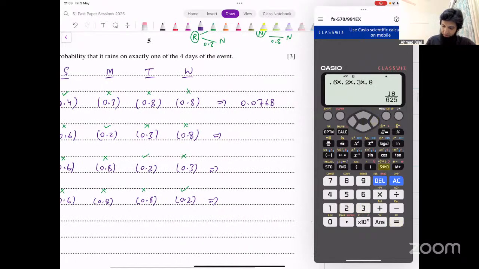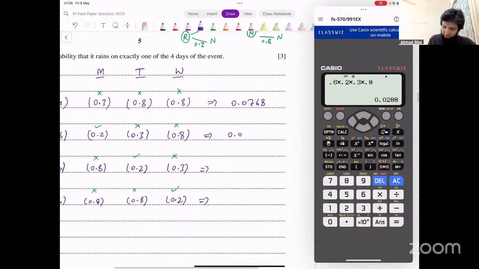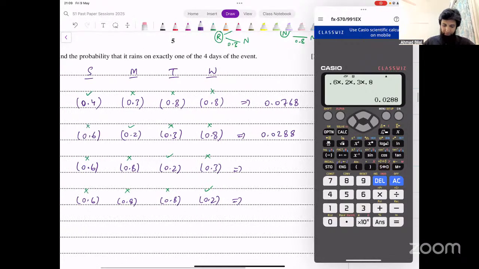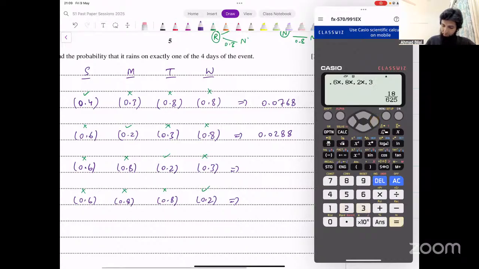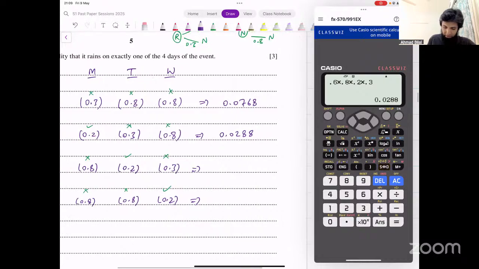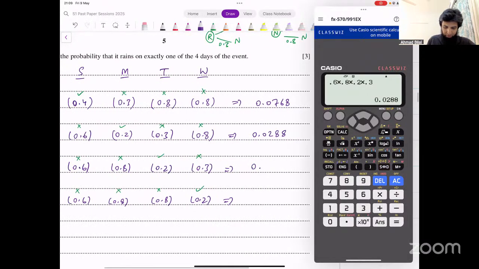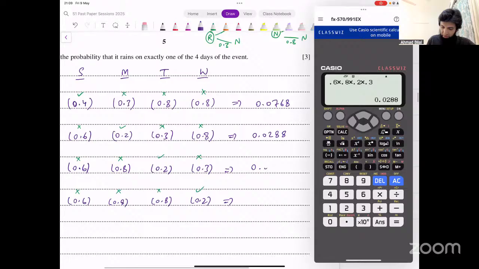That is 0.0288. Next we have 0.6 into 0.8 into 0.2 into 0.3. That is again the same thing because we had the same numbers. 0.0288. And then the last one,